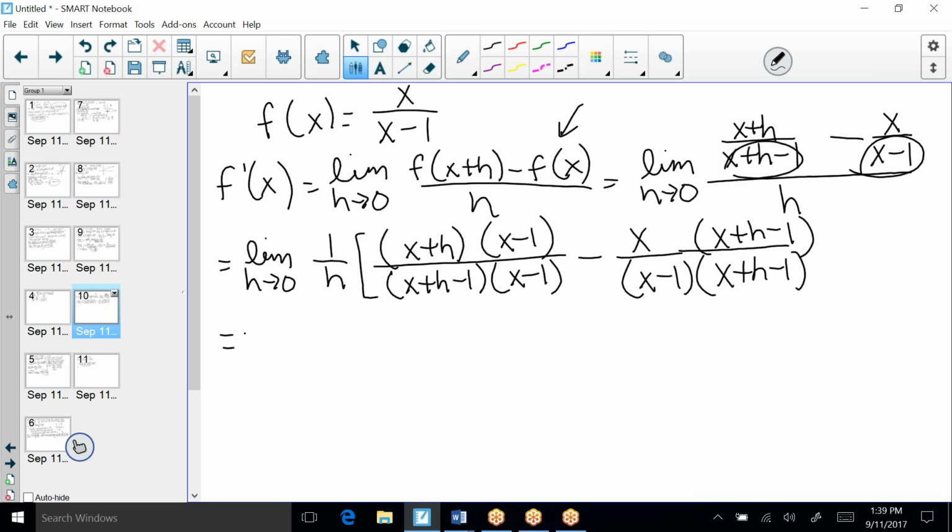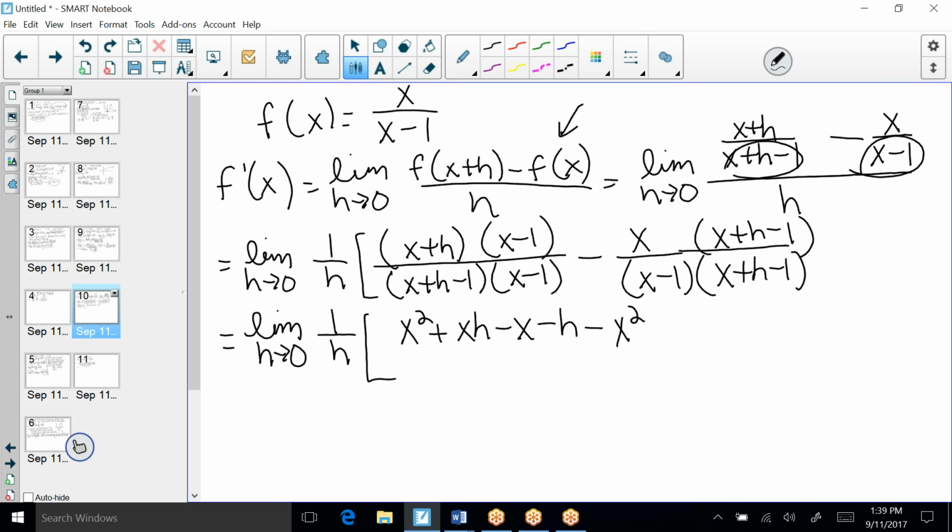All right, let's simplify this a little bit. We have the limit as h goes to 0, 1 over h. And let's FOIL the numerator here. We get x squared plus xh minus x minus h minus, and we have to distribute that x inside the parentheses, but since we have a minus, all the signs are going to change, so we just have to be careful with that. Distributing that x, we get x squared, and that's going to be minus x squared,